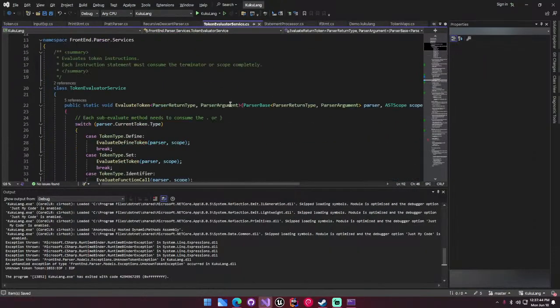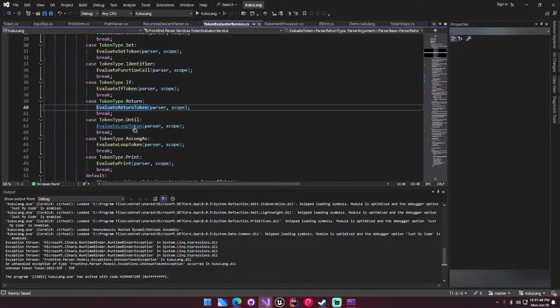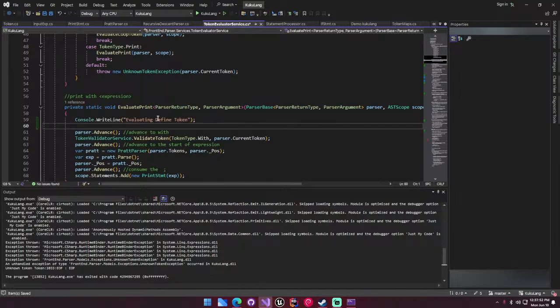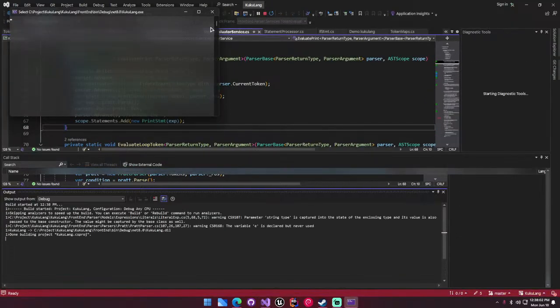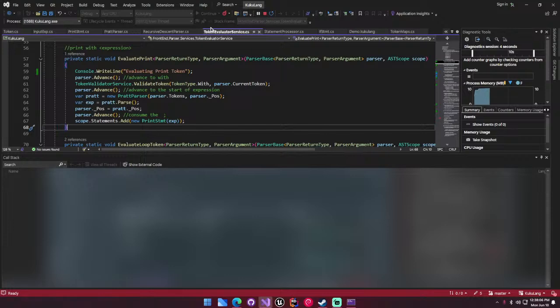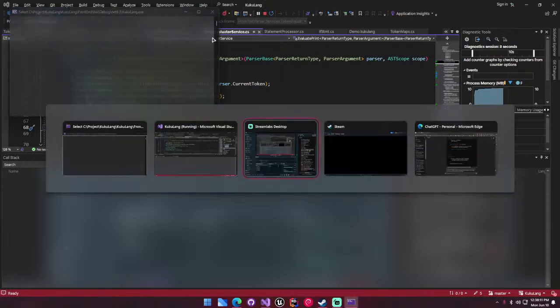The print statement. The return. We have the loop. We have the return. Loop. We have the print. It's going to say evaluating print. Okay. I think I'm pretty good. It's going to throw an exception, I'm pretty sure. But if this does, then what we're going to do is we're just going to simply